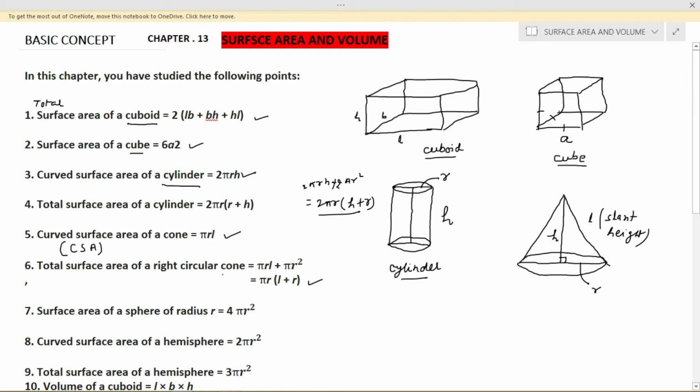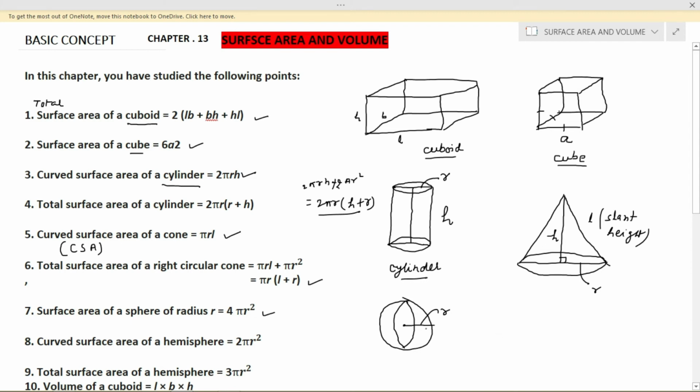Okay, now come to the sphere. What is a sphere? A sphere is simply like a circle, but it is a three-dimensional shape. In three dimensions it becomes your sphere. It has a center, and from this point we find the radius of the sphere. The sphere has only a radius. So the total surface area of a sphere is 4 pi r square. Clear? Because there is no separate curved surface area, only one surface is there, that is the curved surface. So altogether it is the total surface area.